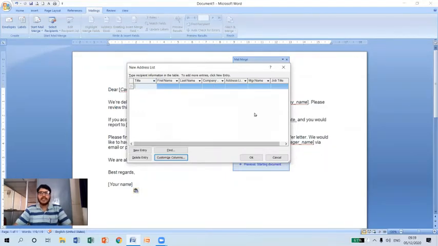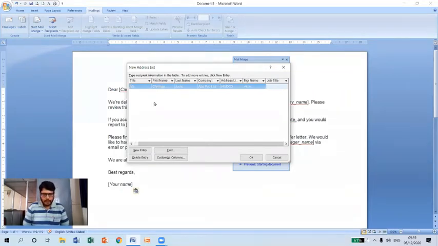So now what I need to do is enter the recipient details. Assume that I want to provide a title for a candidate. Say, for example, I want to include Mr. Chetan Joshi, and company name, assume ABC Private Limited. For the address line, he is staying in Hudko, and the manager will be Arun, and the job title will be